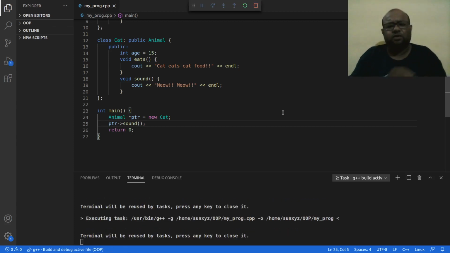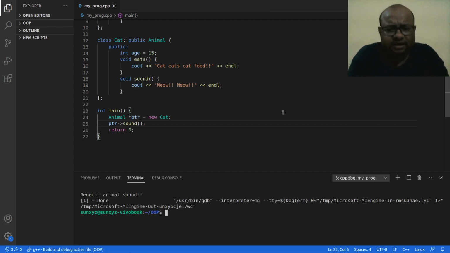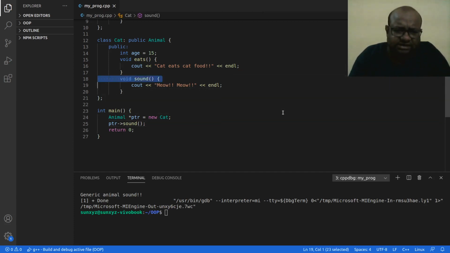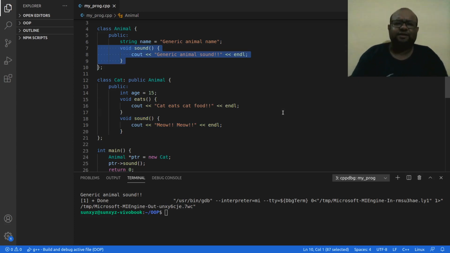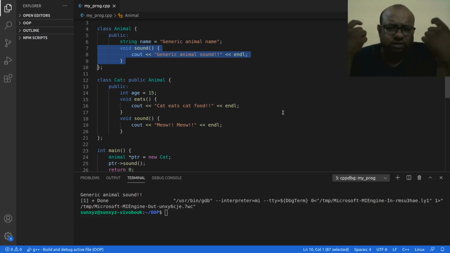But when I go ahead and compile and run this, I see that instead of calling the child class method, the sound method being there both in my parent class and in my child class, I am calling the method that is there in my parent class, right? So what did I do? I had an animal class pointer pointing to a child cat class object. In both the animal class and the cat class I have this method called sound.